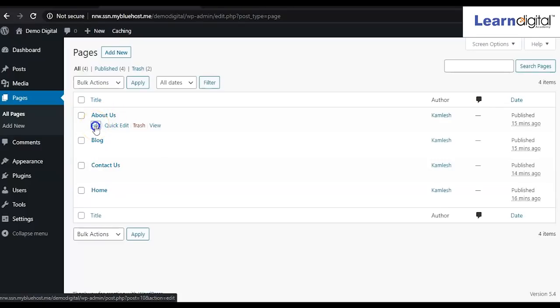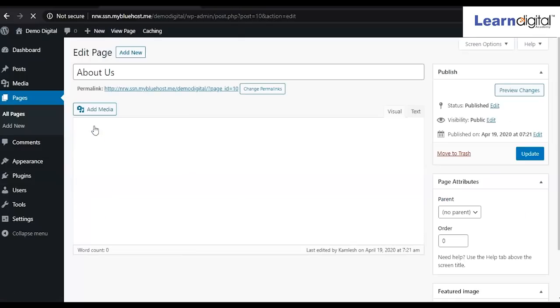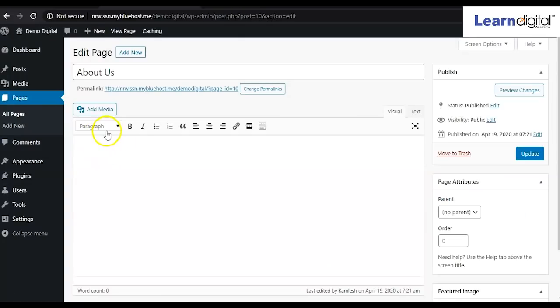So click on edit page, right? So here we can write the contents. If we have a business, we'll be giving our business information, or if you are creating your portfolio website, you can write about yourself, or if you are doing a blogging website, according to that you can provide information.